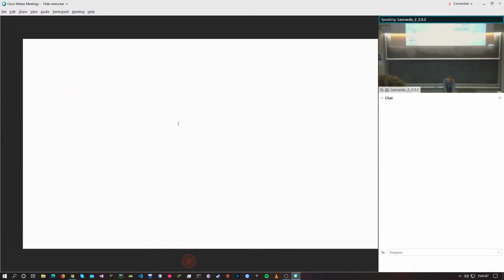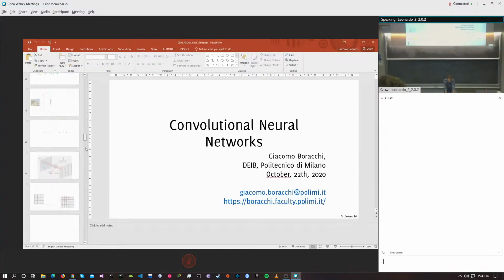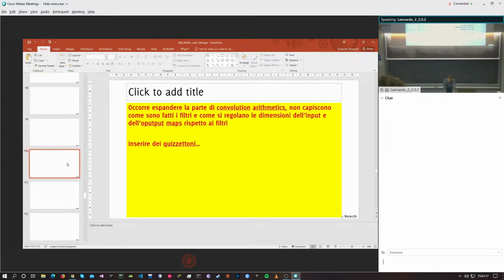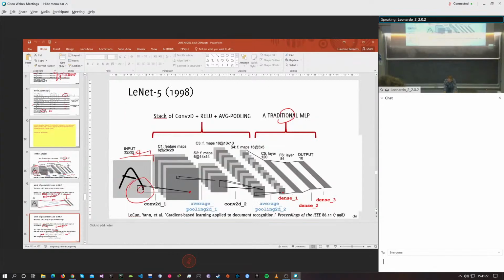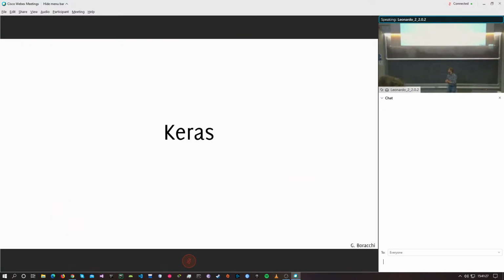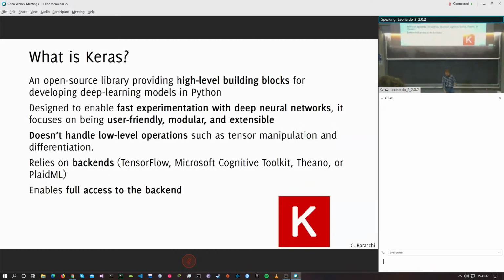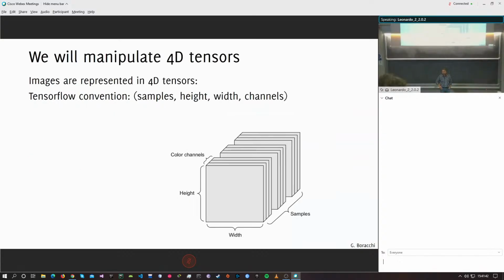This is good just to summarize the most relevant aspects of how to compute the convolution arithmetic and how to implement convolutional neural networks. Okay, you are familiar with Keras because you have been using it already with Francesco Lattai, right? So there's no point of talking about Keras, but now